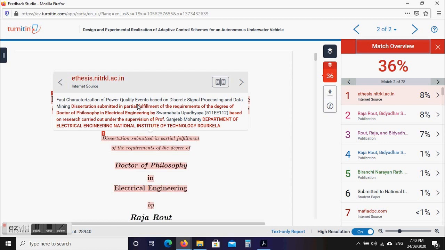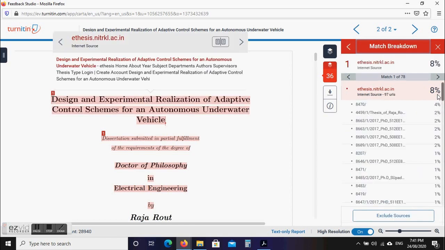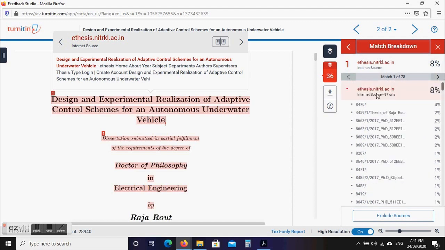Another thing is this Doctor of Philosophy in Electrical Engineering, the dissertation submission, which is actually the preface pages. Since this article was written at IIT Rourkela and other people have already submitted many articles with similar contents and prefaces as per the institute's standard format, it will definitely match, and we should exclude all those things.